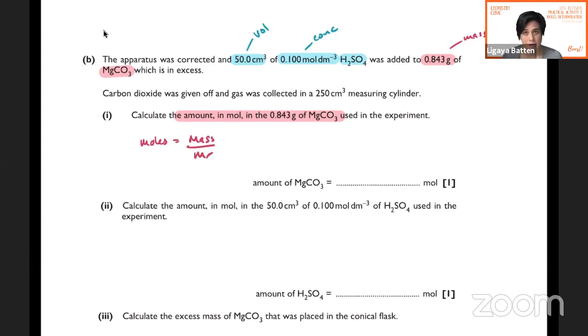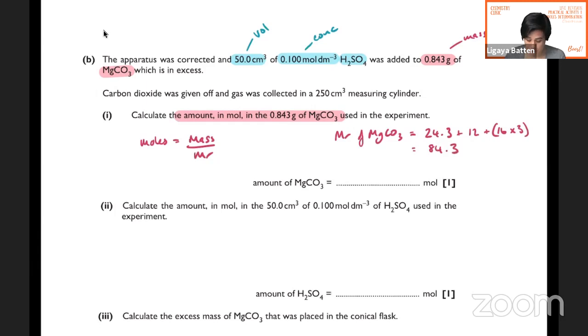The next thing we need to know is what the Mr of this substance is. So the Mr of MgCO3, as I said, comes from the periodic table. You'll have to refer to your periodic table to get the atomic masses of each of these atoms and then add them all together to get the molecular mass, which is the Mr of MgCO3. So Mg is 24.3 on the A-level periodic table. And then carbon is 12 and oxygen is 16. We have 3 of them, so we need to times that by 3. And that gives us an Mr of